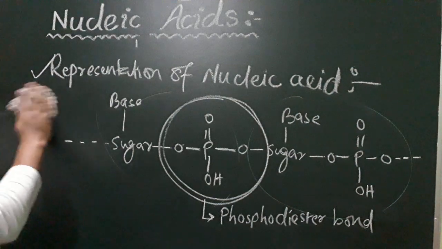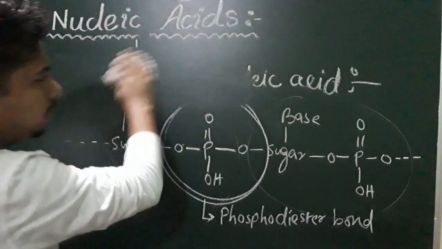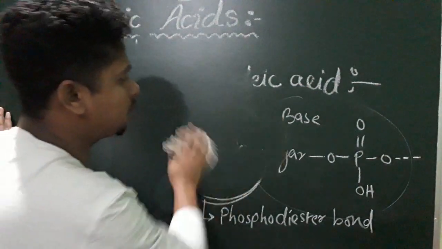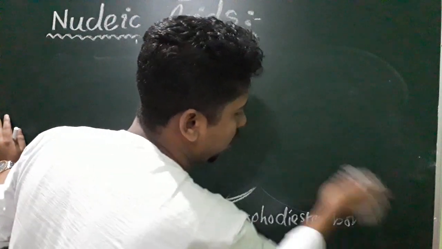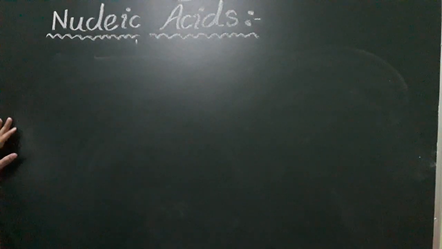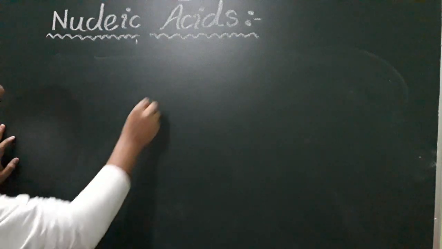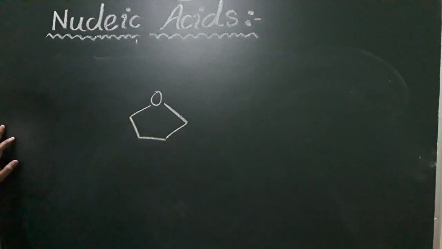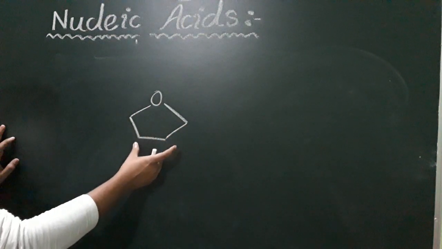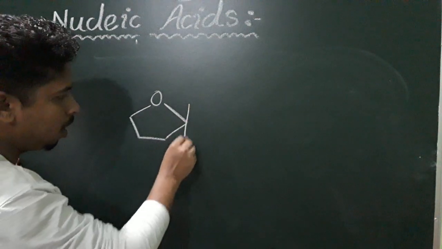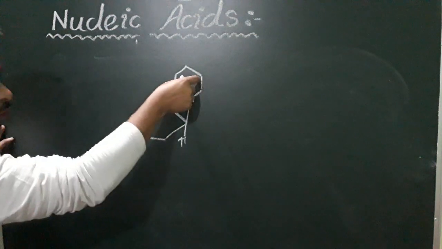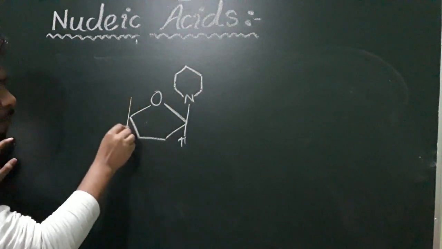Now, if we draw the exact structure of this nucleic acid, or if you want to see the exact representation of this phosphodiester bond, we are going to discuss it with the help of one example. Let us draw the structure of one nucleotide. This nucleotide consists of three components. One is a pentose sugar. Suppose we have this pentose sugar in the furanose form, like a furan molecule. Here we have hydrogen, and here we will have one nitrogenous base, here the pentose sugar, and here one phosphate group.